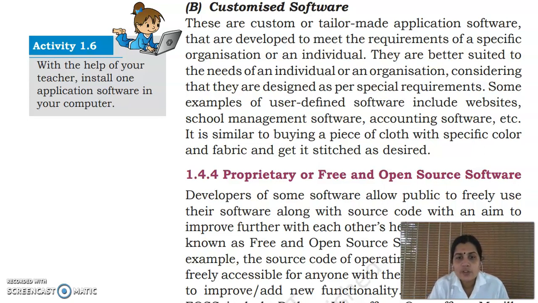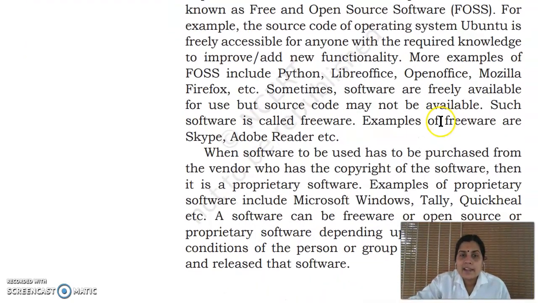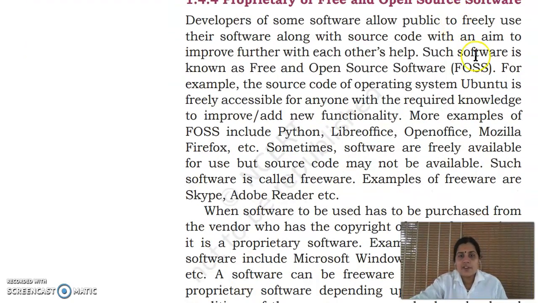For example, our supermarket uses some software, and our cloth textile shop uses some software. They have special requirements that are different. For a supermarket, one type of software is there; for a sports shop, another type; for a textile shop, another type, and so on. These are the classifications of application software.